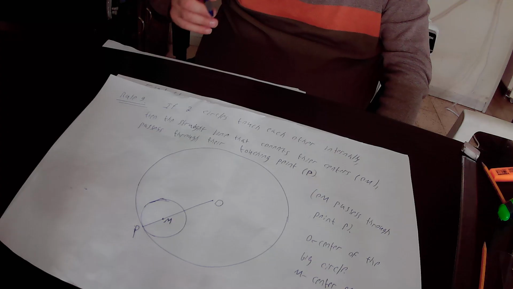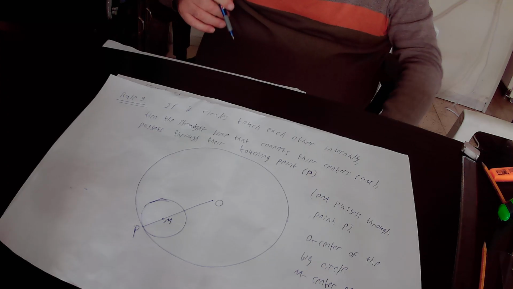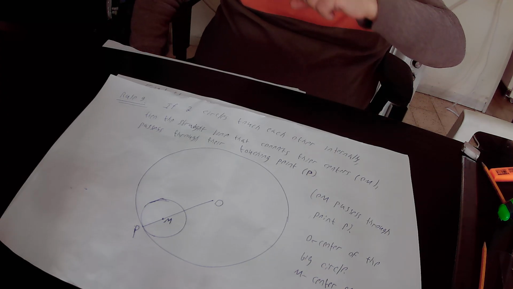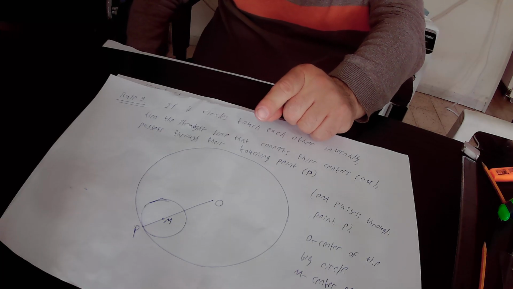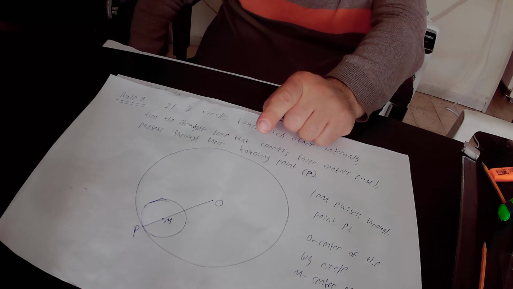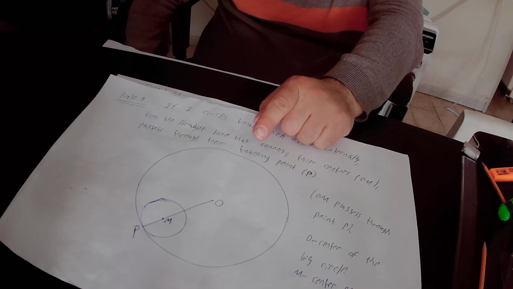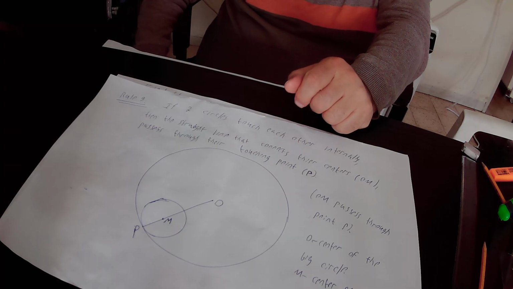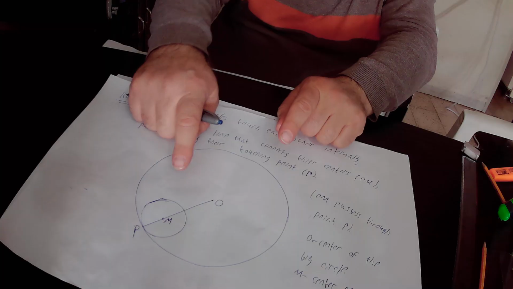And according to this rule 9, whenever you have two circles with an internal match between them, that is to say, when they are touching each other internally, then the straight line that connects their centers together must pass through